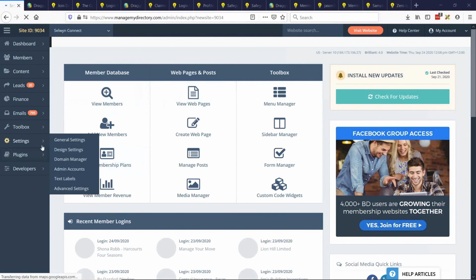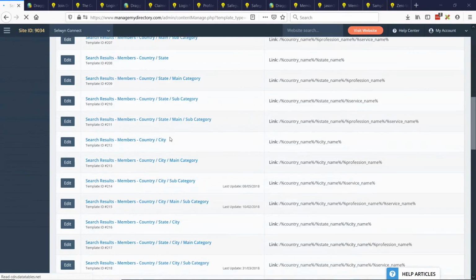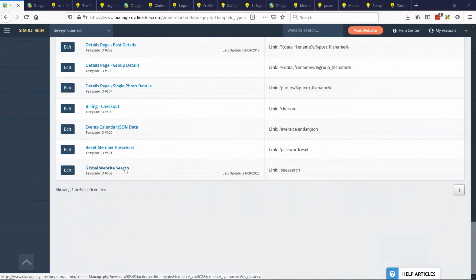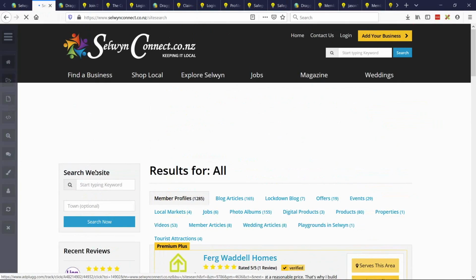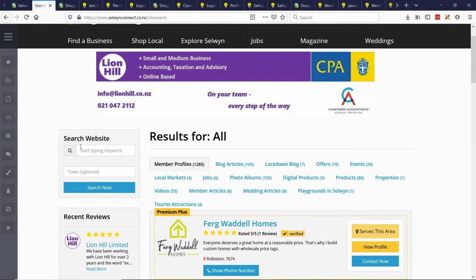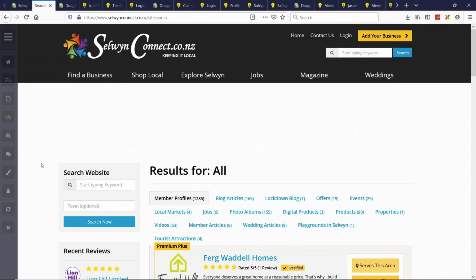Okay, so let's look at first the page itself, and then we can identify the sidebar there. So we're doing site search. Okay. So yes, you have the sidebar here. You want to know where to edit this sidebar? Is that the question? Yeah, I've edited the sidebar. I want to move it from left to right.